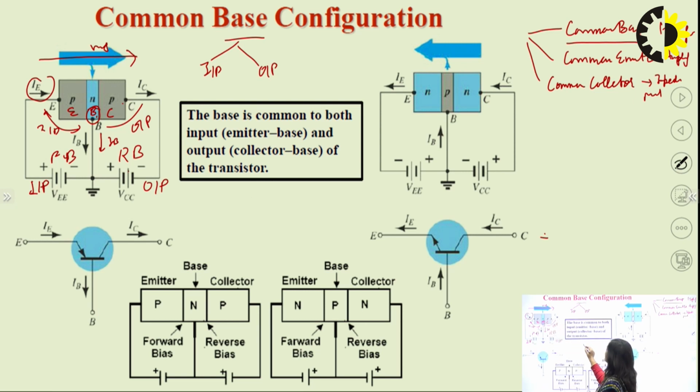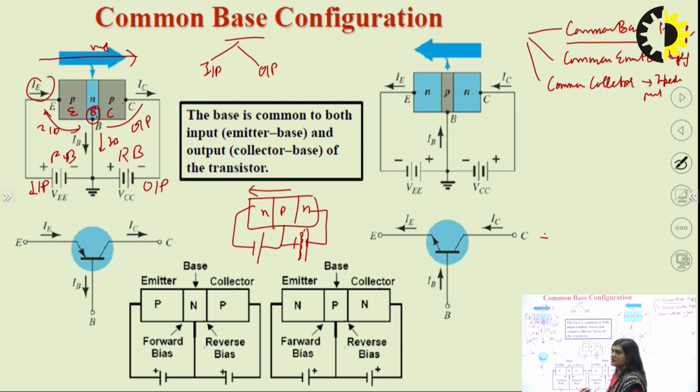And if we take an NPN transistor, N, P, N, this will be forward bias and this will be reverse bias. Okay, so direction of current will be in this way, because electrons will flow from here to here, and the direction of current will be in the opposite direction of the flow of electrons. So that's why current will flow in this direction and emitter current will flow in this direction. That's why here base current will be like in this way, because IE is always equal to IB plus IC.